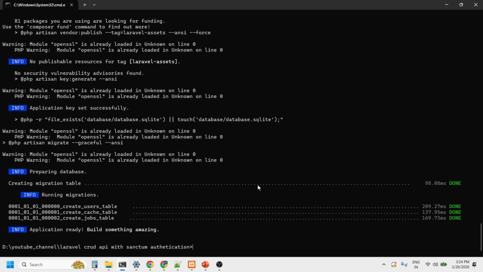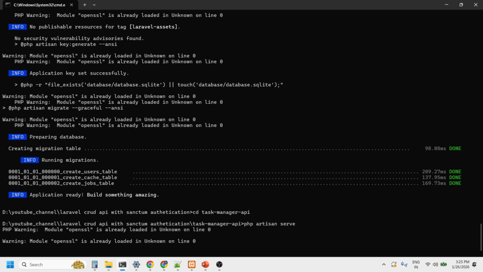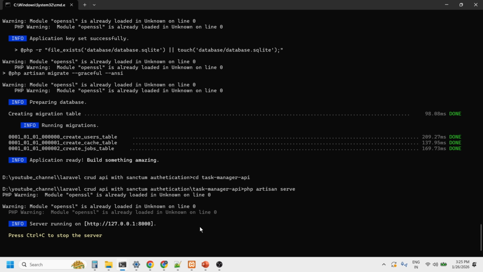Now you can see the Laravel application is installed. First of all, we need to go to that folder, task-manager-api. Now if you want to see whether everything is okay or not, just write the command php artisan serve.